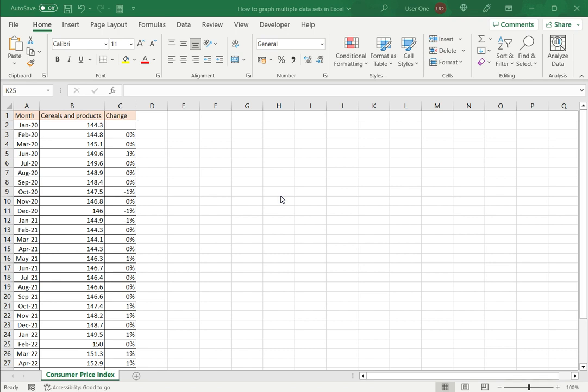In this video, we'll see how to graph multiple data sets in Excel. Graphs are great ways to visualize data, and Excel has a number of options for creating different types of charts and also for formatting them. So when you have multiple data sets that are related in some way, you can build one chart that displays